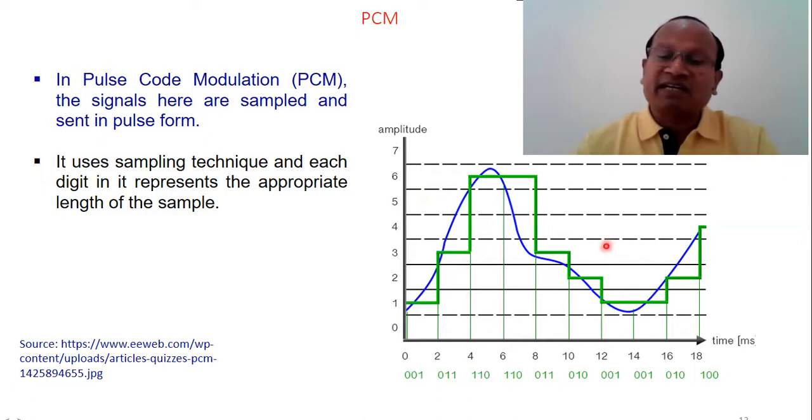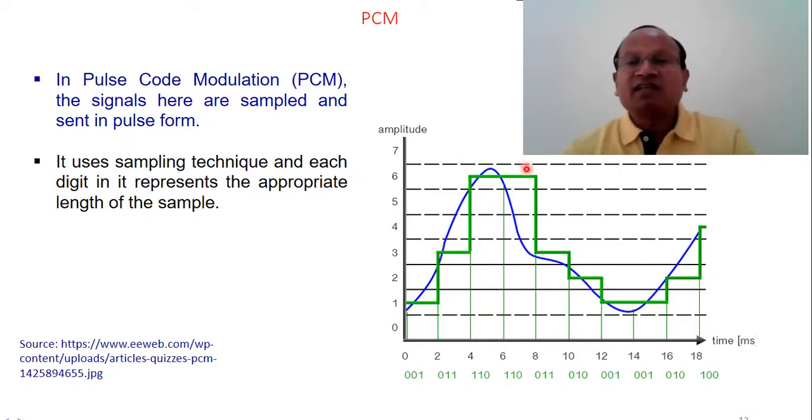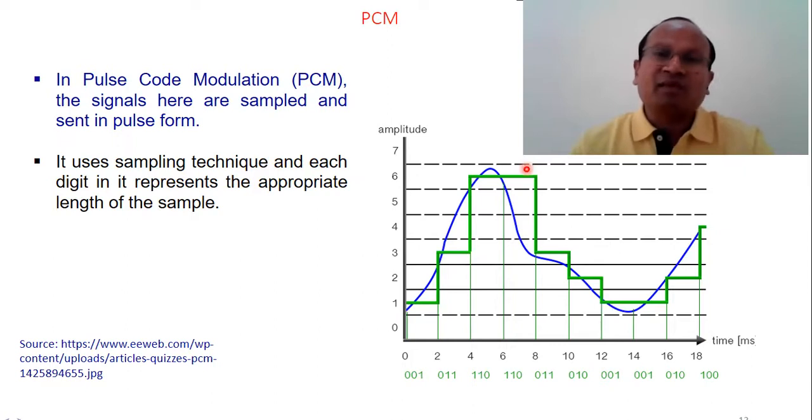You can see one interesting example. Here the blue signal is the original one. It has been converted into the form of samples, and there has been approximation. There is a process involved, which we will discuss separately in a separate lecture called sampling and quantization. So this pulsed output is an approximation of the original signal.